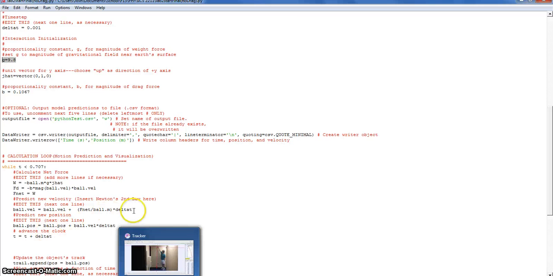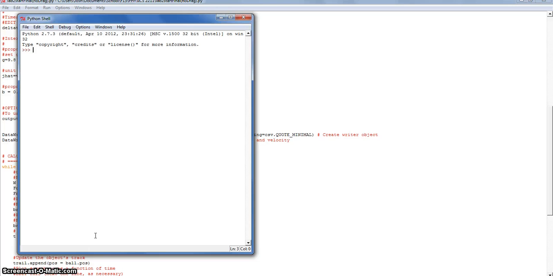We can see here that Newton's second law has been entered to predict the motion of the ball as time goes on. This says that the ball's final velocity is equal to its initial velocity plus the net force, which is only the weight force, divided by the ball's mass, times delta t. When we run this code,